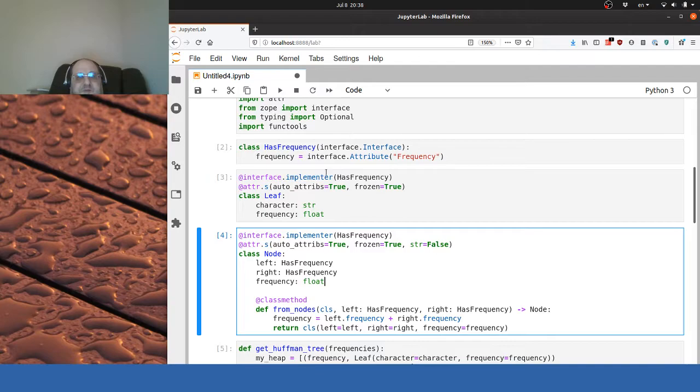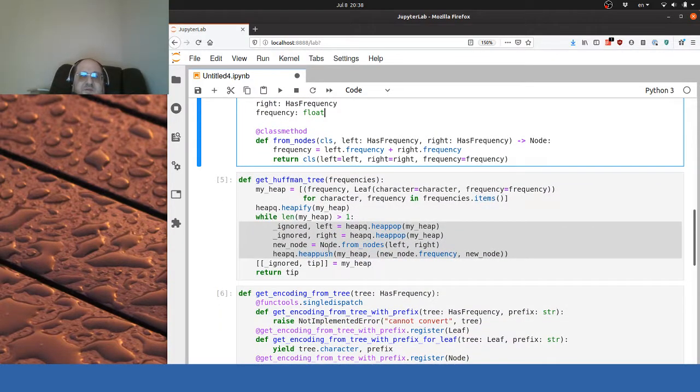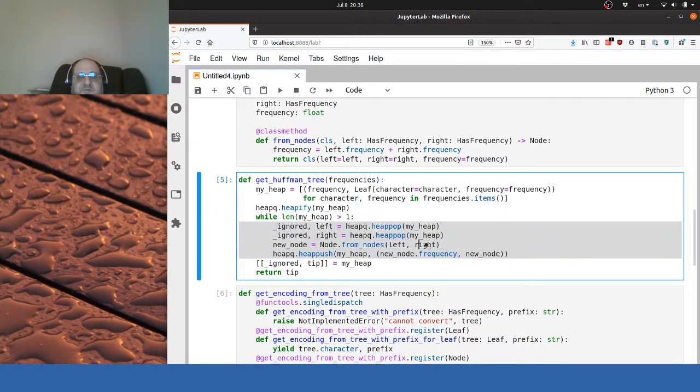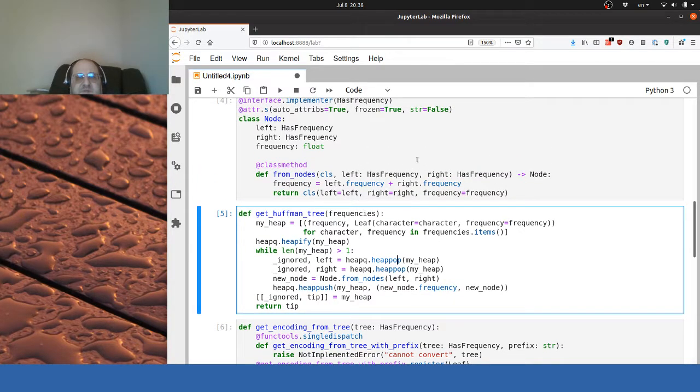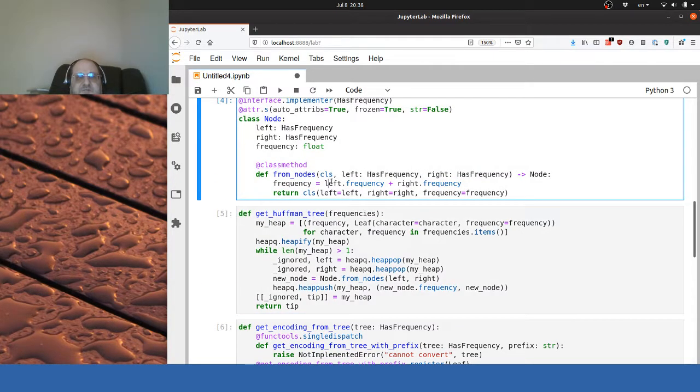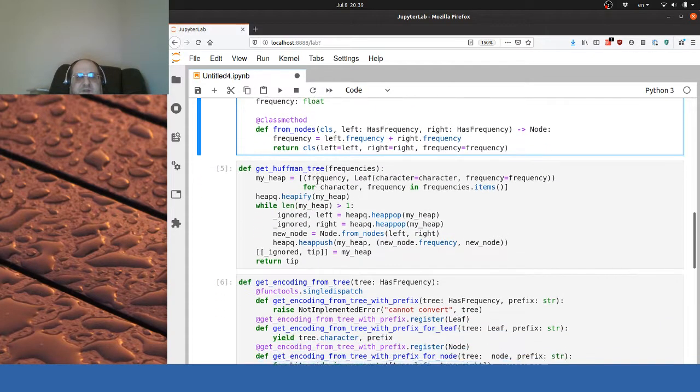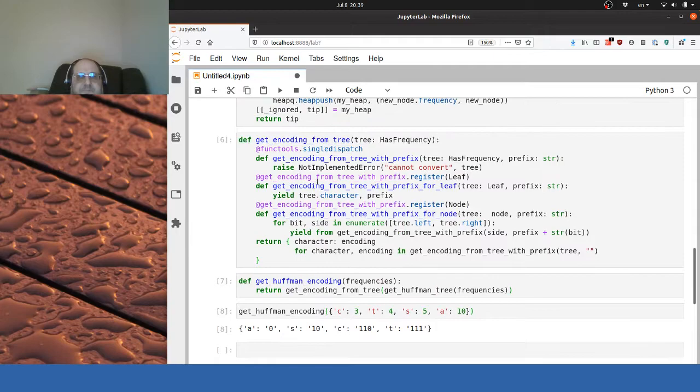So one trick was just to have a leaf and a node class that both have frequency, so that the core loop just has to call node from nodes, and node knows how to treat the frequencies, right? Left frequency plus right frequency, right? Because like I said, if you look at